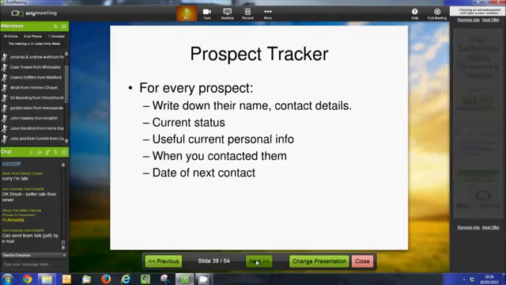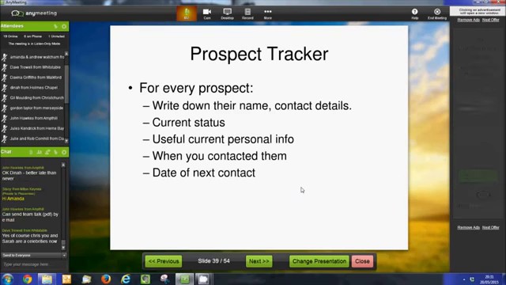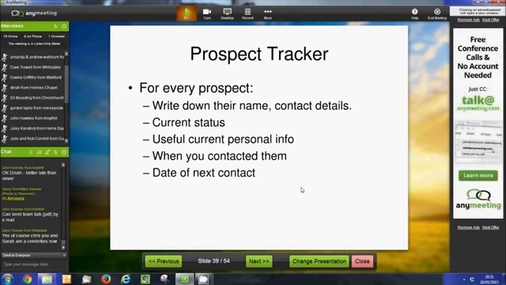So you need somewhere where you can make a note of what you've learned and where they are, so that when you ring them up again, you can carry on the conversation from where you left off. And it's useful to have some personal information in there as well. If they're a mum with a couple of young children, then you might give them different examples and talk to them about other people in the business than if they're retired and just looking to boost their pension. So having that information makes a big difference if you're keeping track of all of that.